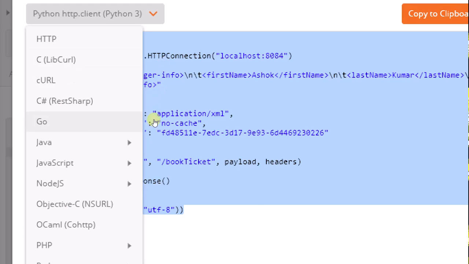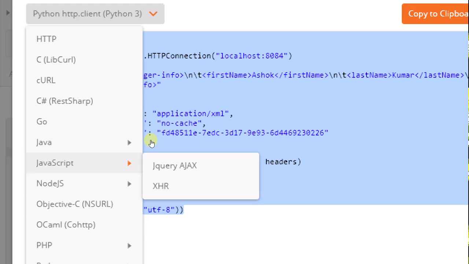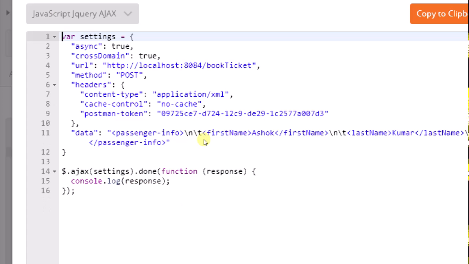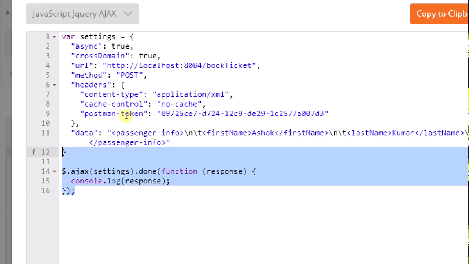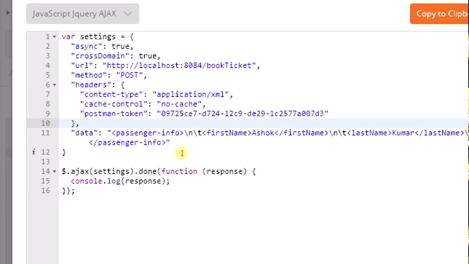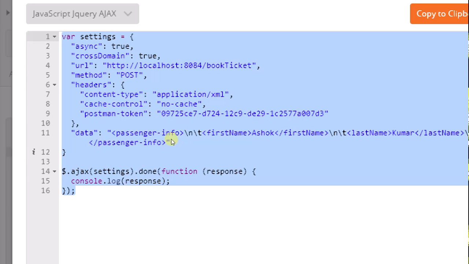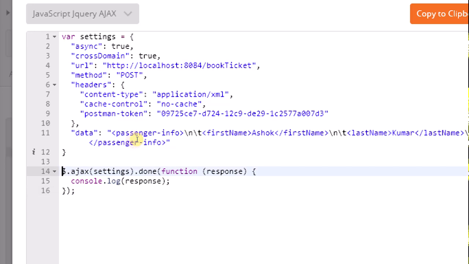Similarly, if you want to send the request using JavaScript, we can also access a REST API. So use jQuery Ajax. This is our JavaScript code using jQuery and Ajax to access the REST API. Now we can say this is the client. $.ajax, in the morning project batch somewhere we have used it. $.ajax is used to start the Ajax engine. Using this Ajax engine, we are going to send that request.